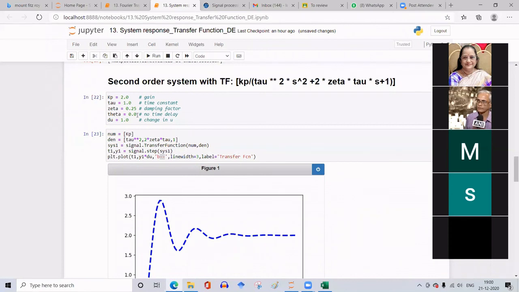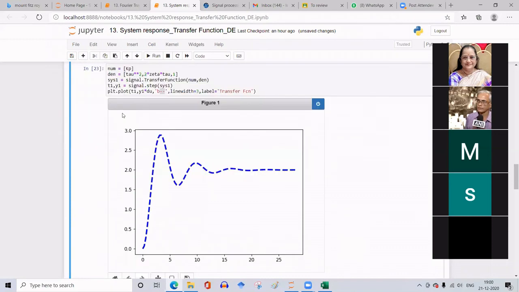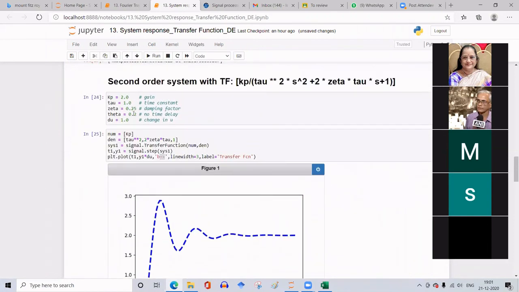So now let me give a delay of, say, some 0.2. And let me observe. Maybe 0.2 is too small.